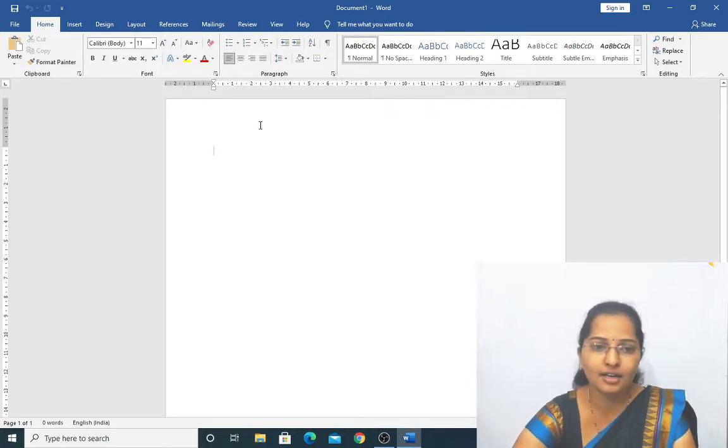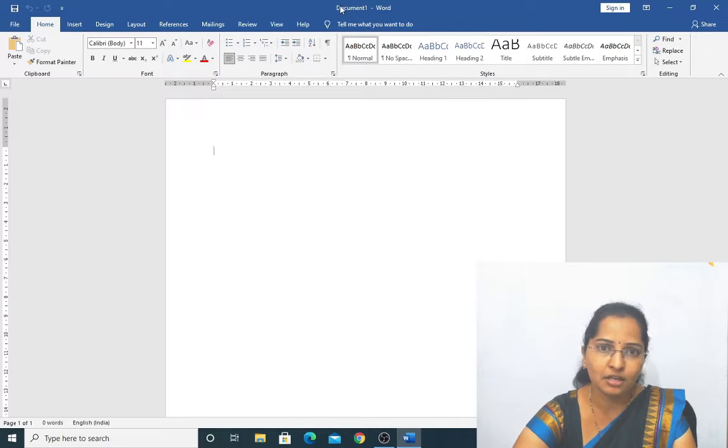At the top side corner, it is the ribbon. And what are these? Clipboard, font, paragraph, styles and editing. These all are groups, and these groups will be having editing options.